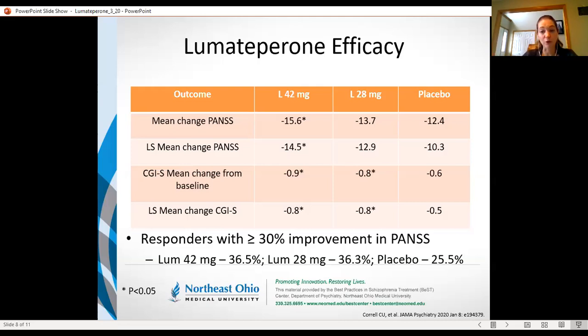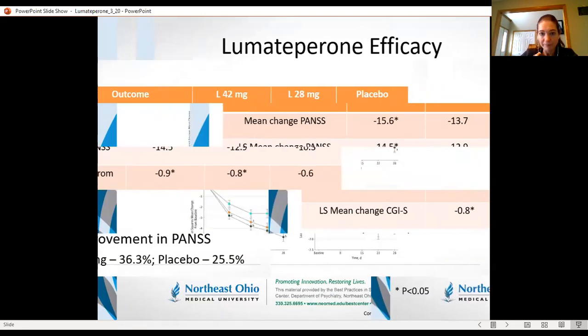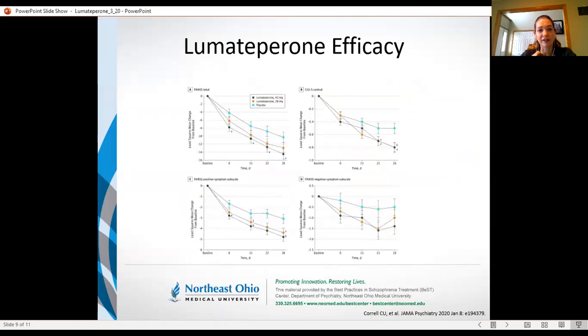And there was only about a quarter of the patients in placebo that had that significant of an improvement. So for the patients that it worked for, they did see pretty significant improvement. Now, these are the graphs that were taken from the article. They're nice and colorful, and I think it helped with the depiction so that you see the top left is